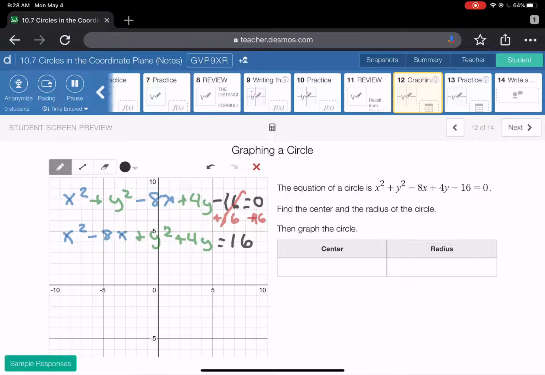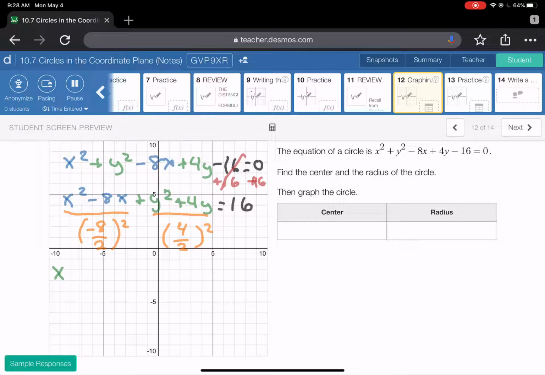Okay, and then for this one, I'm going to do two completing the squares. So I'm going to complete the square for the x values. That would be negative 8 over 2. Remember, it's b over 2 squared. And then for the y's, it's going to be positive 4 over 2 squared. Okay, so that's going to give me two new